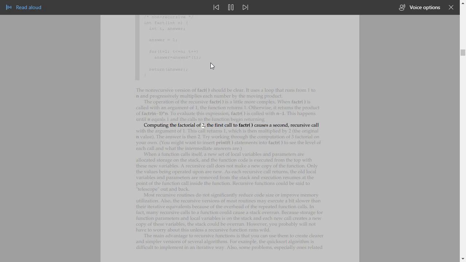Computing the factorial of 2, the first call to factor causes a second, recursive call with the argument of 1. This call returns 1, which is then multiplied by 2, the original n value. The answer is then 2. Try working through the computation of 3 factorial on your own. You might want to insert printf statements into factor to see the level of each call and what the intermediate